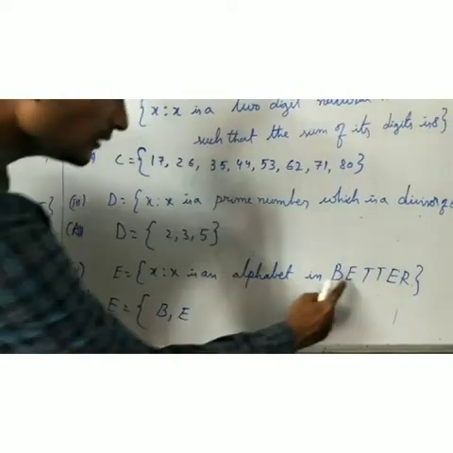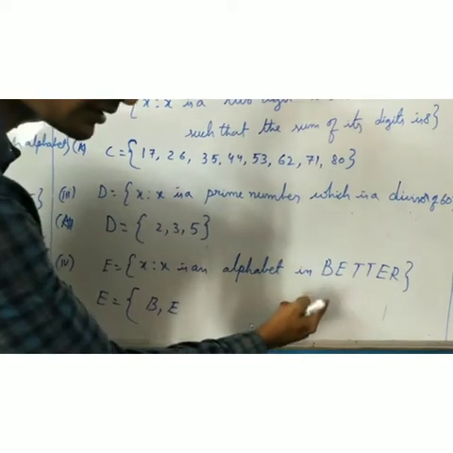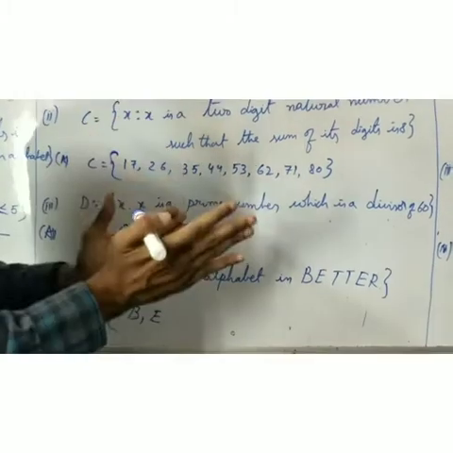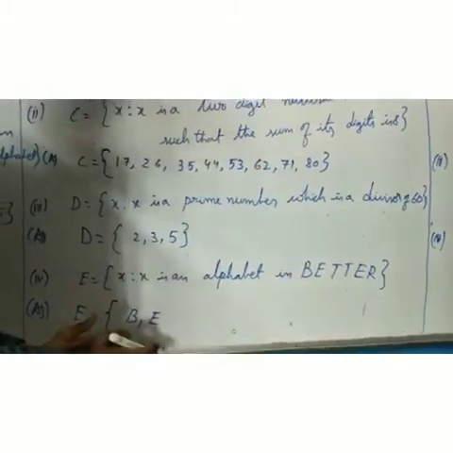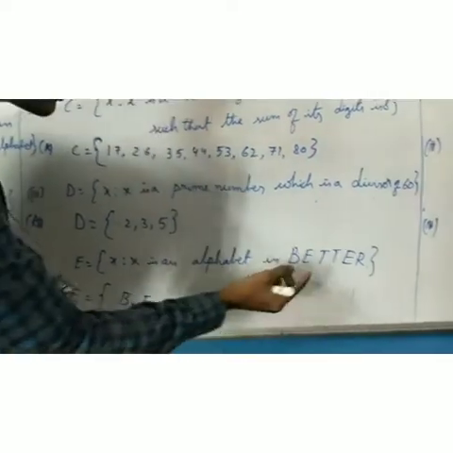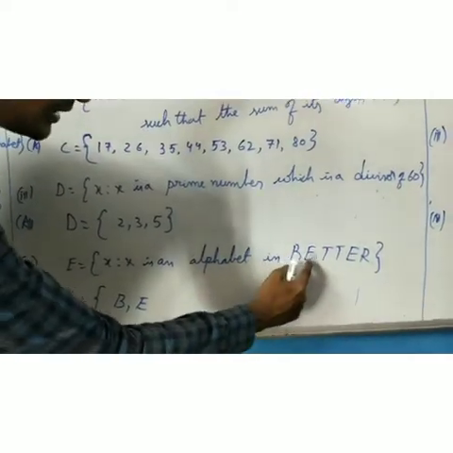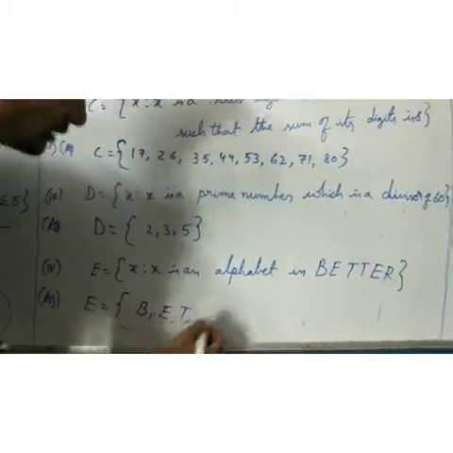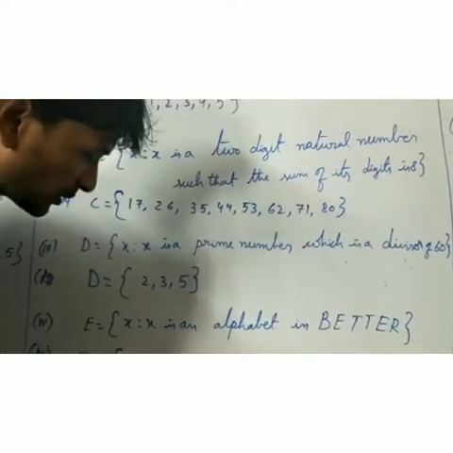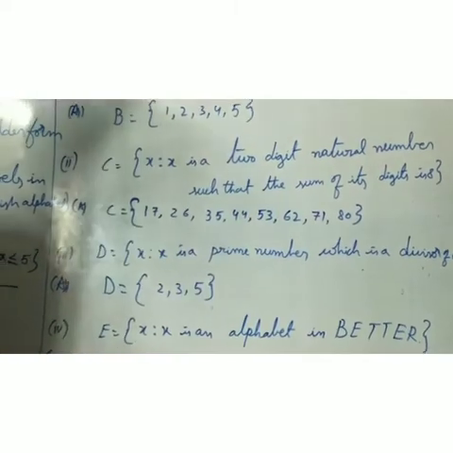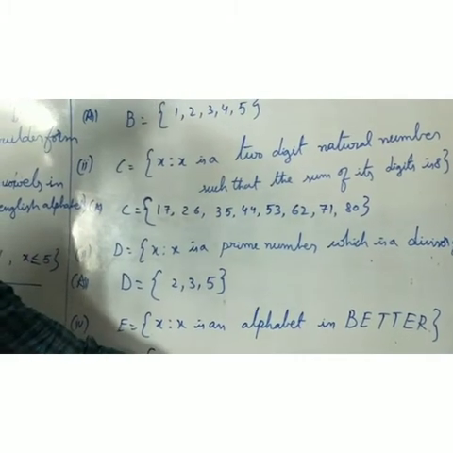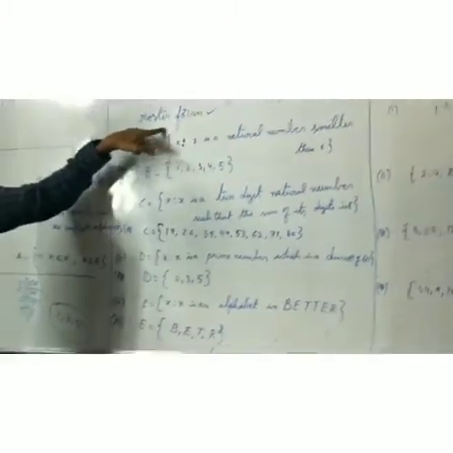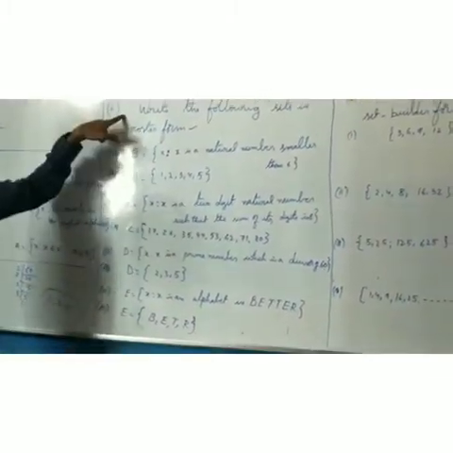Well-defined means according to the definition, a well-defined collection of objects. Collection of objects means distinct objects, only different objects does the set contain. That is called a set. We discussed this yesterday. So E is repeated 2 times, so only one time we have to write. Next, T is repeated 2 times, only one time we have to write. R also once. So according to the definition, B, E, T, R are the elements of this set. Okay, this is the roster form of the given sets in the fifth problem.